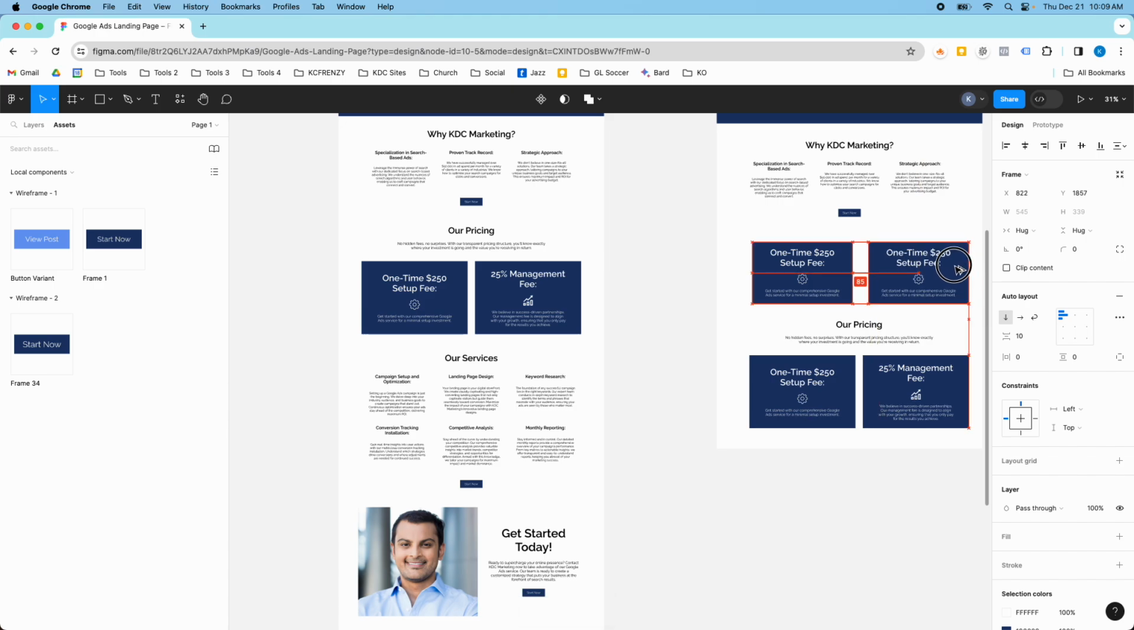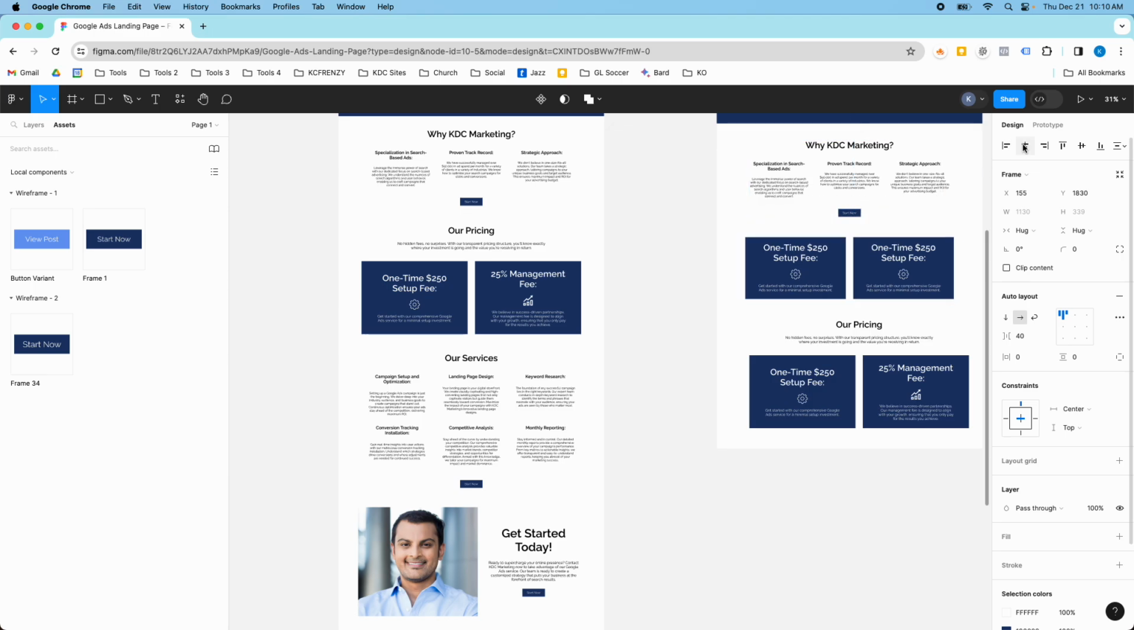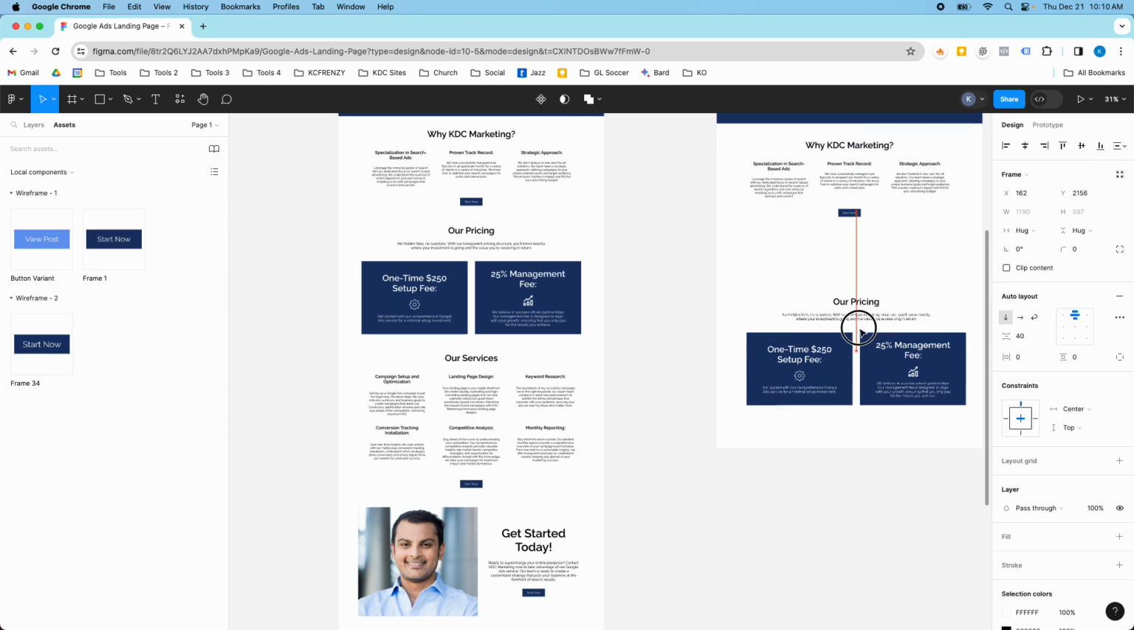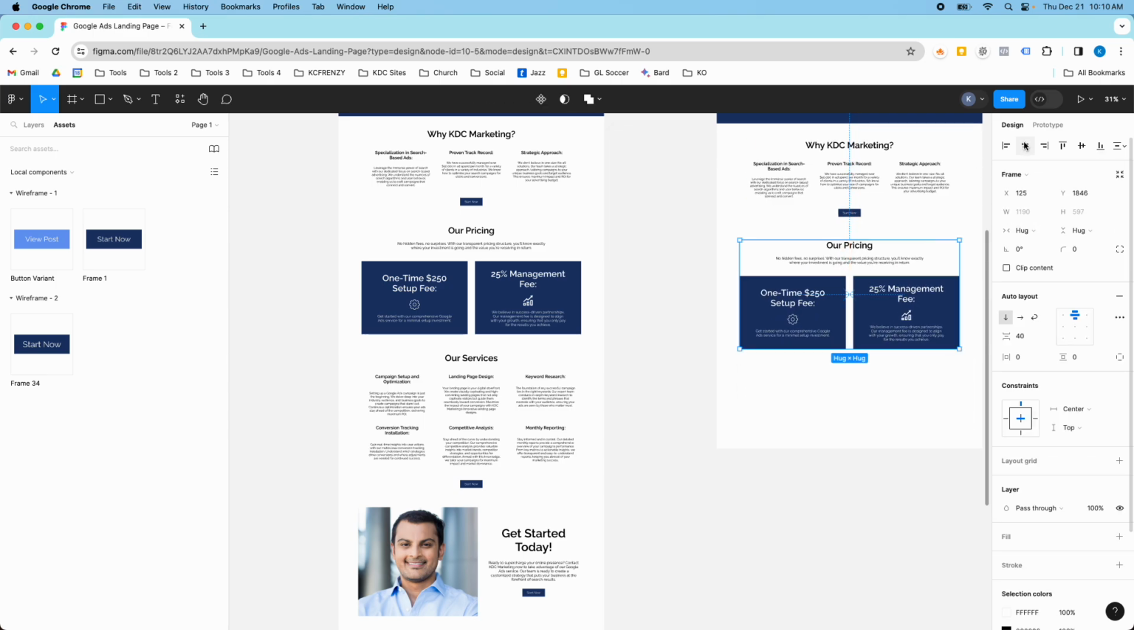And then of course I changed the other one to be the management fee, and then I put these two in an auto layout, and I wanted them at maybe 40. So you can see how quickly you can build sections, elements, etc. with auto layout. So then I would just center those,